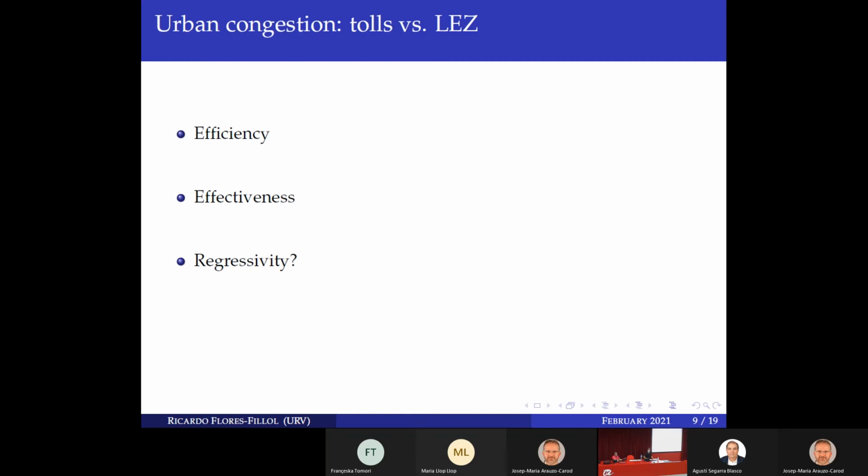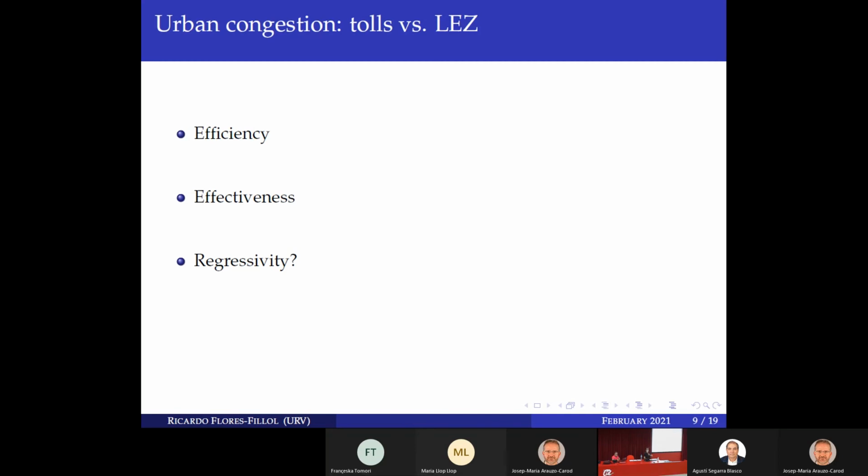Okay. The studies we have about congestion tolls show, some of them, that these measures are not regressive, precisely because, as I told you before, you make savings in terms of gasoline. So if you pay €1, €2 to get into a city, but you make savings on the other hand, it's not very clear that you will end up worse off individually. And there's another issue: people who own cars are typically already a higher income population compared to poorer people who don't own a car. Okay, so it's not very clear that this is regressive. There is not strong evidence that this is regressive.